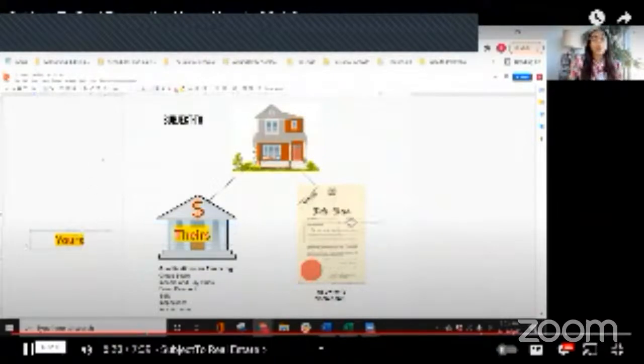Now, what becomes yours is the deed. Everyone always asks me this, so the house goes in my name? Yes, the deed. That's the part where the house goes into your name. Everyone always asks, well, can I like sell it? Yes, if your name is on the deed, you can do whatever you want to that house. You can refinance it, you can sell it, you can take out equity, you can do work on it, Airbnb it, keep it as a rental, sell it on a rapid. So many fun things to do with this.